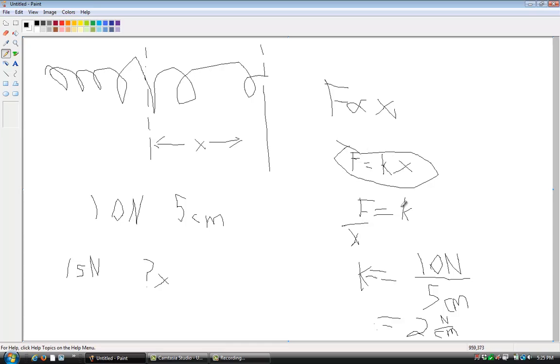But now we've found k from the previous set of numbers, and we're given the F, so we need to get x by itself. Well, if we're trying to get k by itself, we divide by x and move it over, which means if we want to get x by itself, we divide by k. And so we have F divided by k equals x,